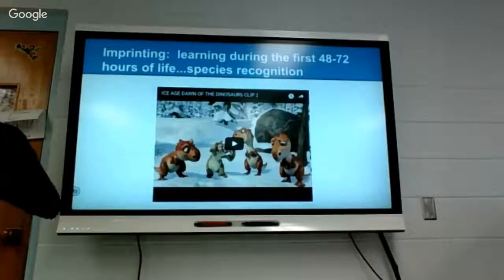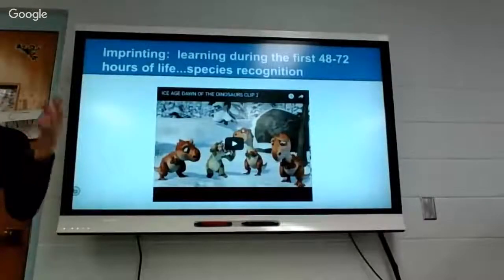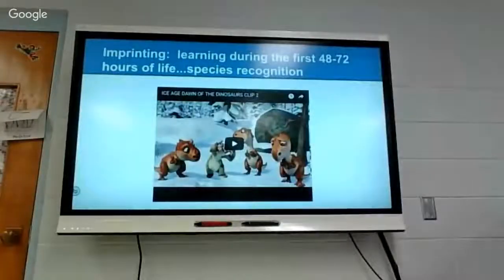So imprinting is not only... It's like dogs. If a human touches them before they get to each baby, it's like they don't imprint as their own. It's like something's disrupted that whole thing. So look what happens here, and then you'll see a real example.